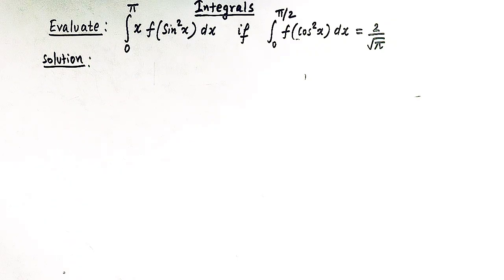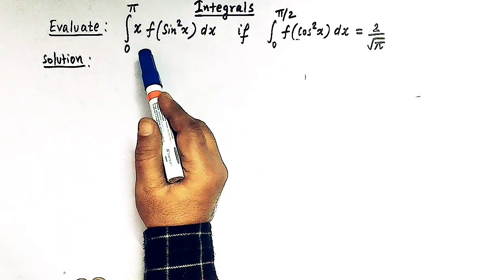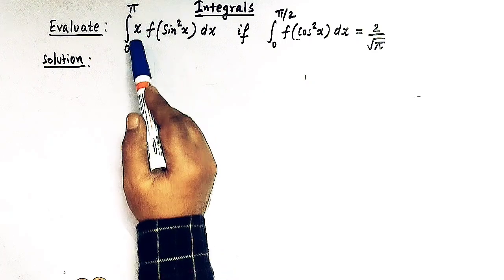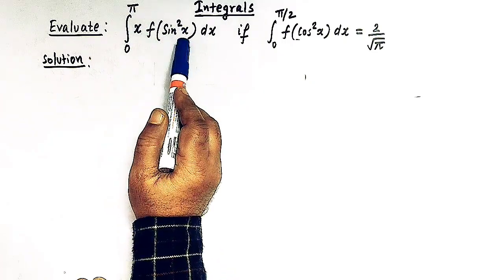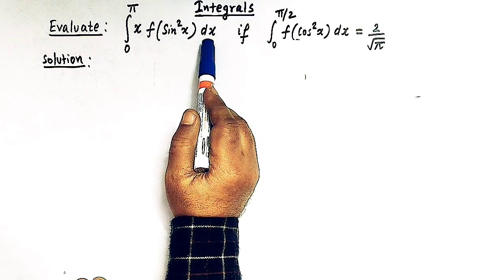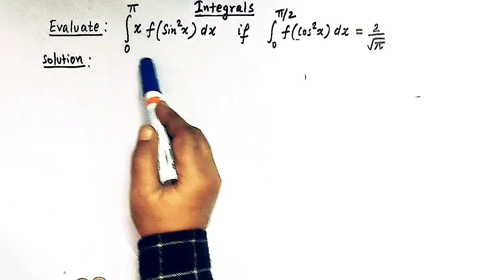Hello viewers, in today's session we are going to discuss another important and conceptual problem from definite integrals, and in this class we are going to discuss this important problem in which we are going to use some important properties of definite integrals. So here we have to evaluate this integral where we have 0 to pi, and the integrand is x times f of sine square x, and here we have dx,